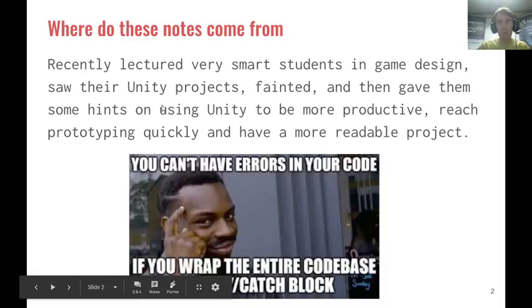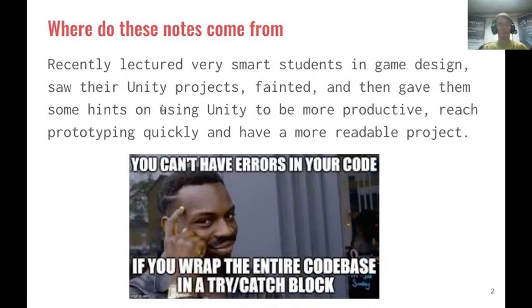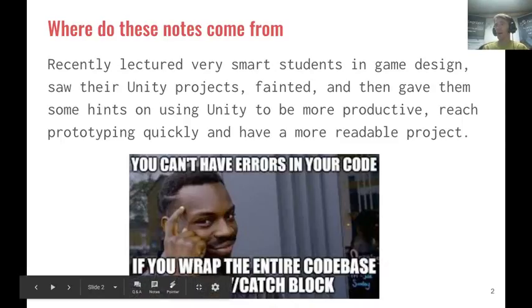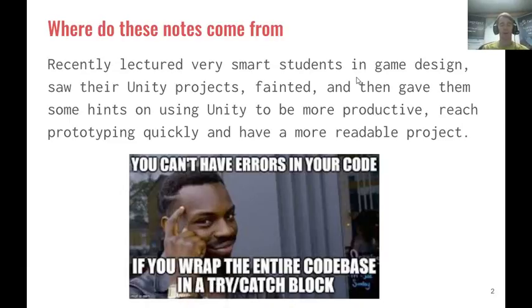Well, where do these notes come from? Well, they come from a lecture I gave. It was actually about applied games design, and then I saw some example projects in Unity and realized that as a game designer, when you approach Unity, some tricks of the trade may not be obvious, but I also realized how lucky these guys were, learning game design by programming in Unity, because so many things